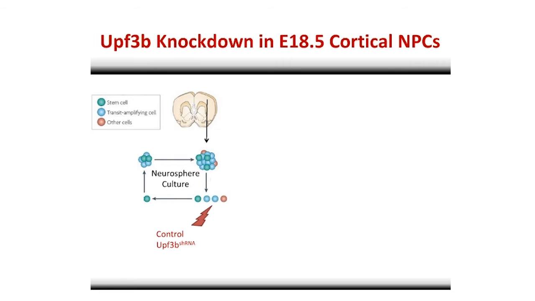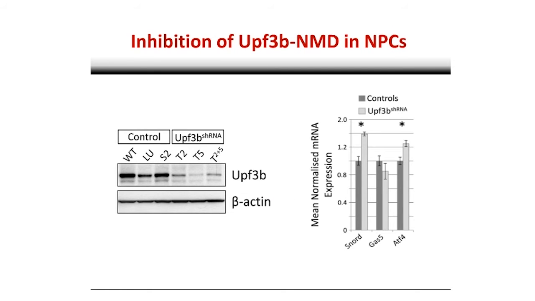So we took these neurosphere cultures and infected them with lentivirus encoding either control or UPF3B-specific short hairpin RNA, and we collected these cells by FACS because there was a fluorescent marker. And with these, now we have neural progenitor cells in the dish lacking UPF3B function. One of the first things we did was to have a look at the biochemistry. We collected the cells, and this is evidence that we were knocking down the UPF3B protein. In all the experiments, we have 3 control conditions and 3 UPF3B knockdown conditions using different triggers.